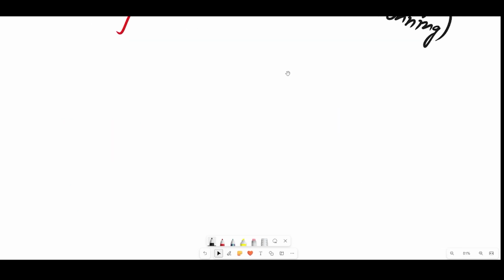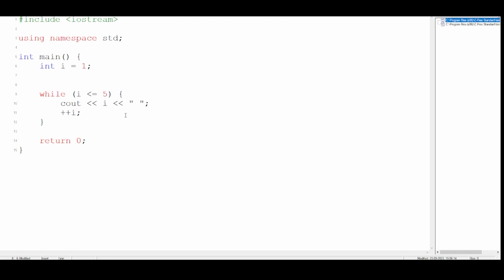Now the actual working of a while loop, you will understand much better with a program. So let me show you a very basic program using a while loop so that you understand how it works. As you can see, I have a very simple program where I have initialized a variable I to 1, which is an integer type variable, and I have made a while loop.